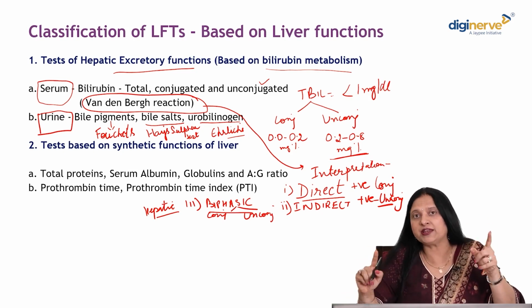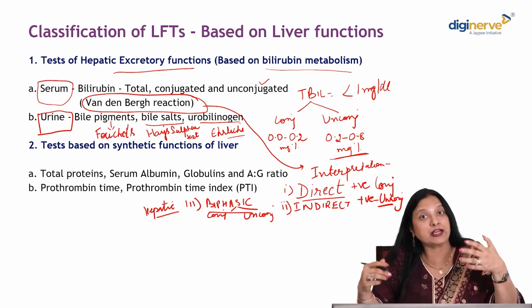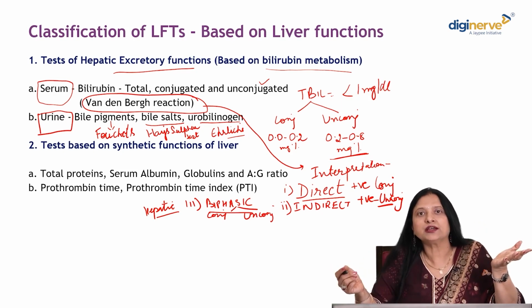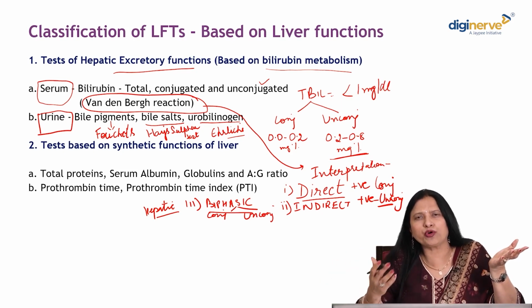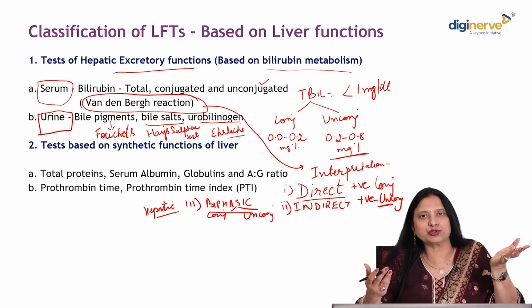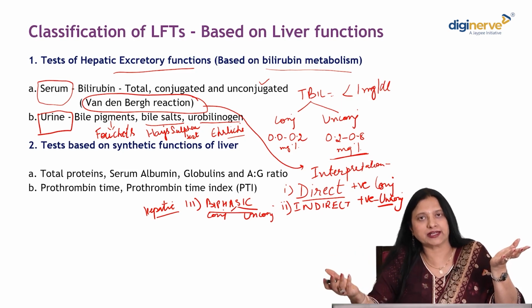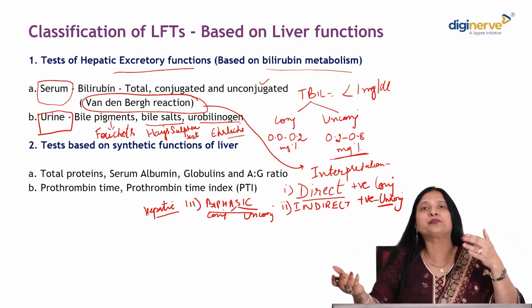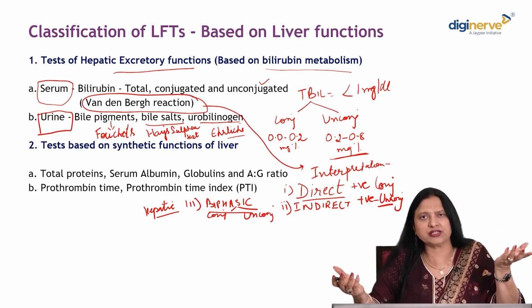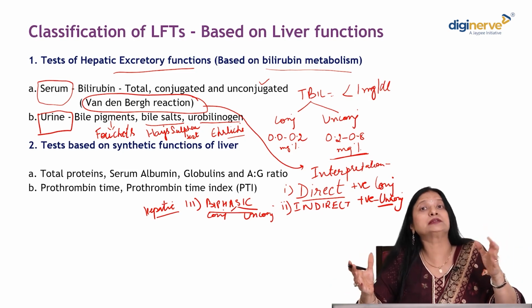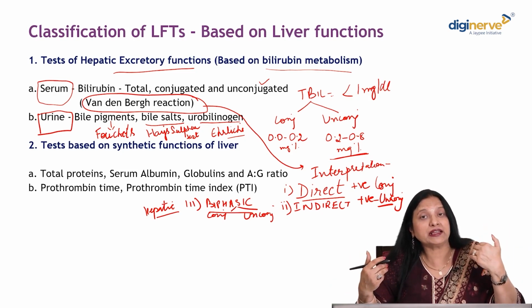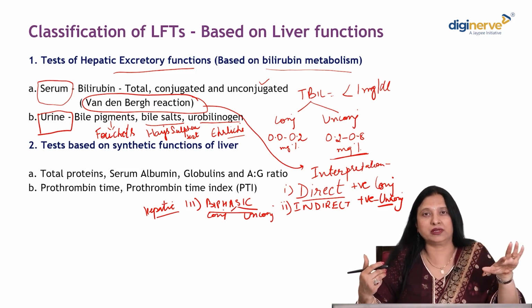But when urobilinogen levels increase, and when will they increase? More urobilinogen will be formed when more and more bilirubin is passing through the liver and intestinal channels. So this is going to happen in pre-hepatic jaundice or hemolytic jaundice, when a large amount of bilirubin is coming to the liver. And mind it, the liver has a functional capacity which it can enhance by 6 times its normal capacity.